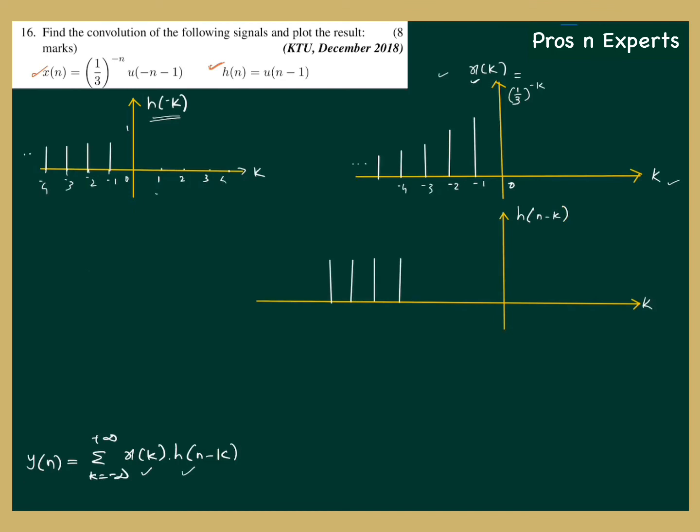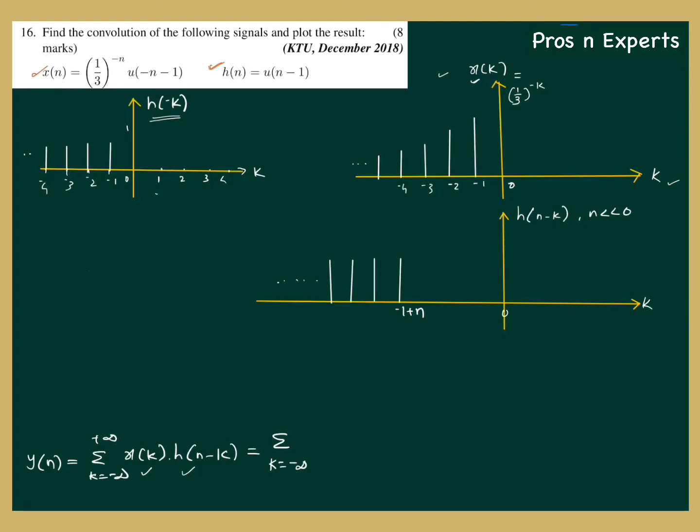So initially, assuming n is very less than 0, negative, this value will be minus 1 plus n. Okay, and it is an infinite signal. Now we have to find out the summation y of n equal to sigma k equal to minus infinity to plus infinity x of k into h of n minus k, which is sigma k equal to minus infinity